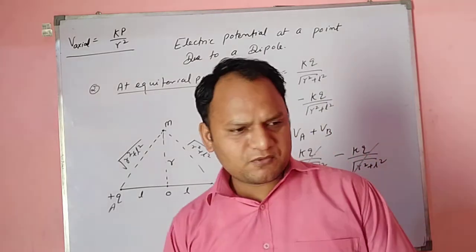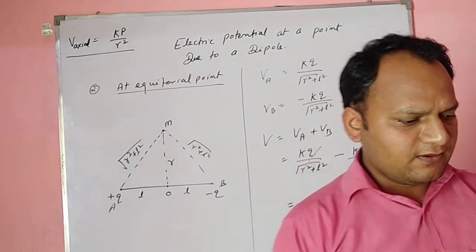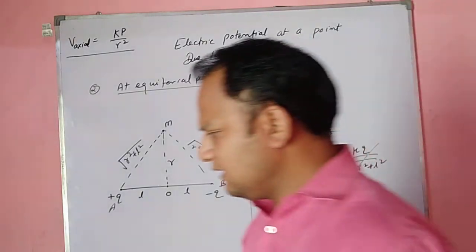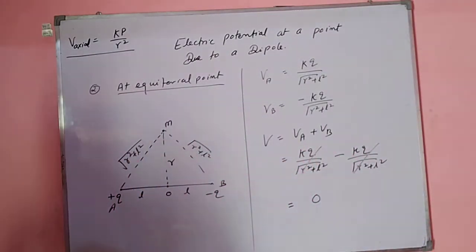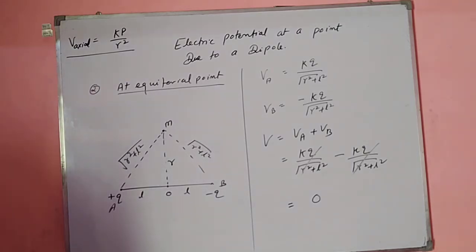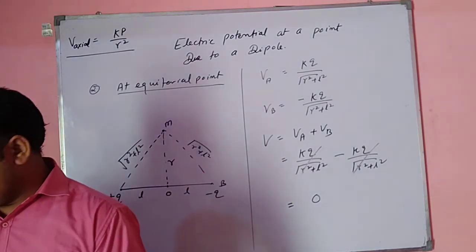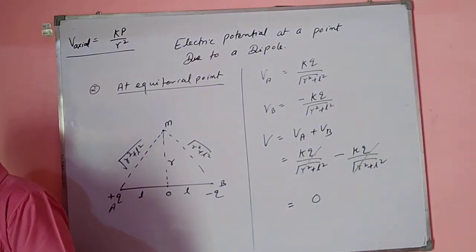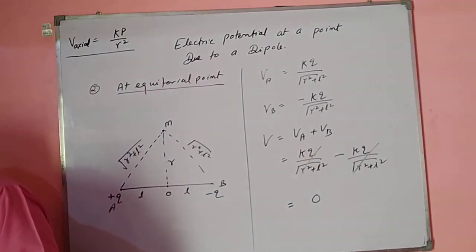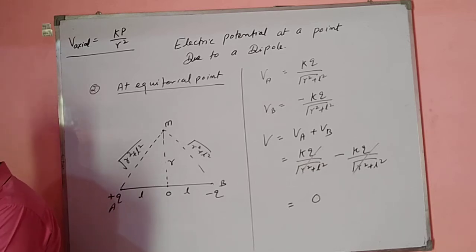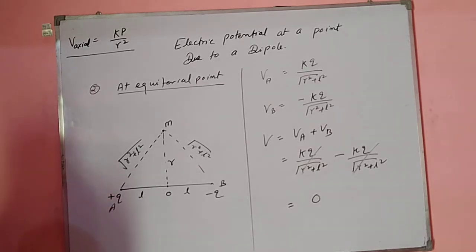Now, before we proceed ahead, for the next segment, let us understand the result. And with this, I would also like to introduce one concept. That concept is called equipotential surface. For that purpose, let me take one rough sheet. Just a minute.